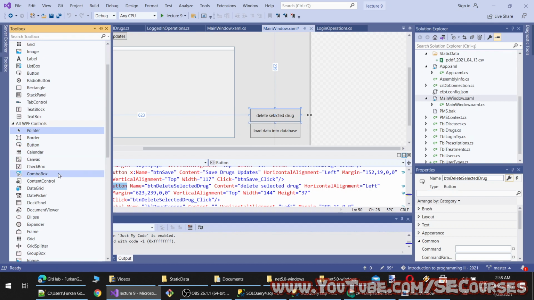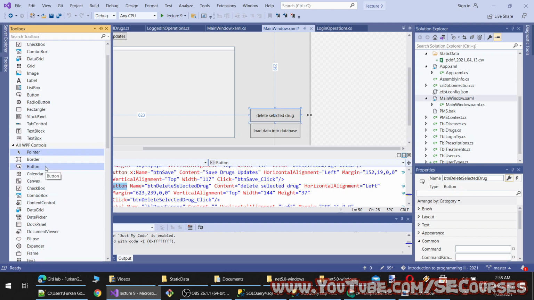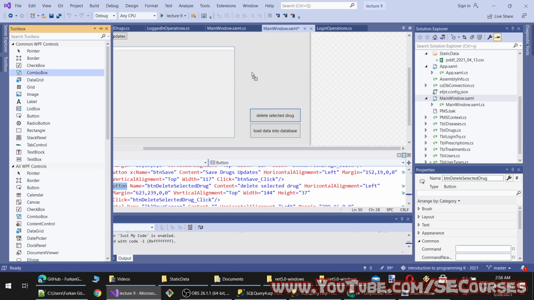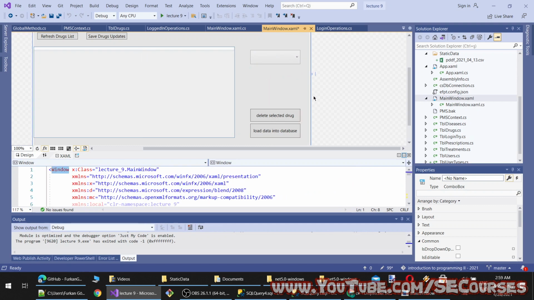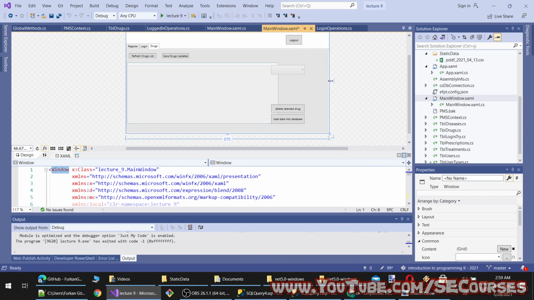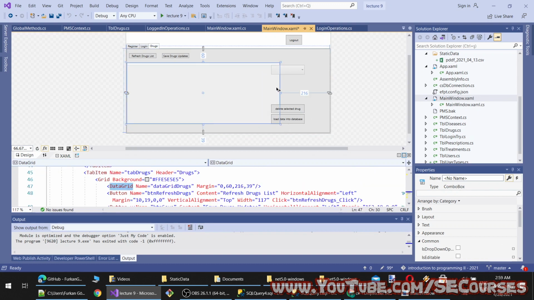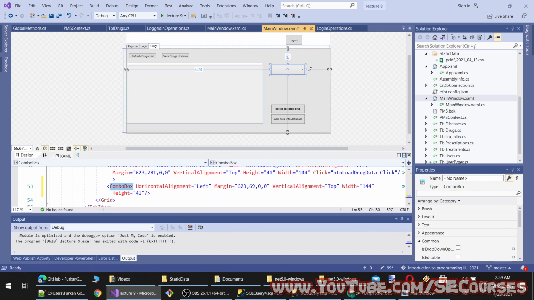So we will support both of them. To do that, we are going to add a combo box, and I will bind it to a class list. I will show you. So let's make this like this.